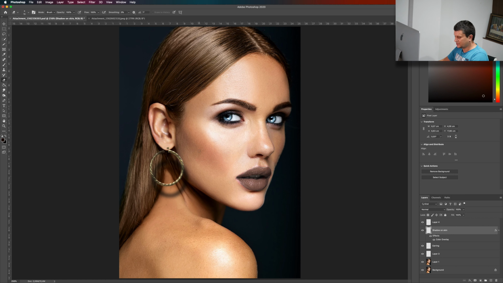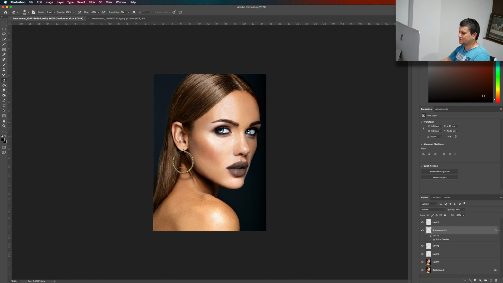Now, just grab the eraser tool and get rid of the shadow that you don't want, like here. You want it to be only on the neck. Like this. Now I will lower the opacity again. Like this. Now we have a beautiful shadow on the skin again.